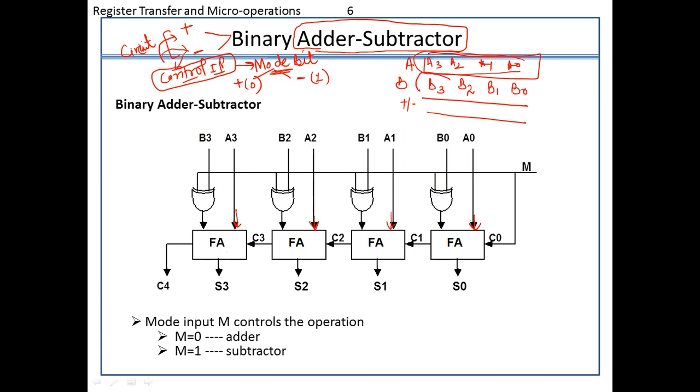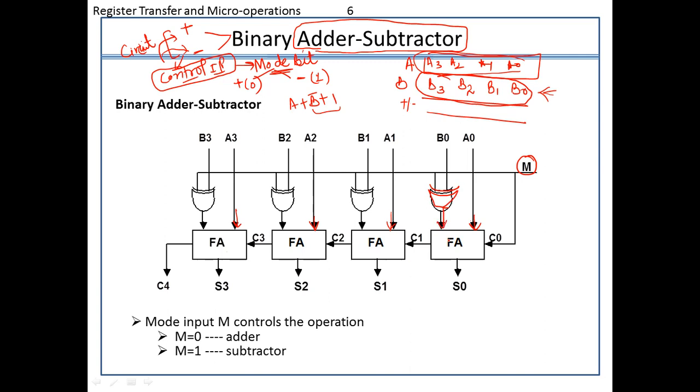But in case of subtraction, I need to look at these values, because we know that in case of subtraction, we use the 2's complement of the second number, right? So for that, I need to implement a logic here. For this logic, what I am doing is, for this input, I am having one input from this mode bit and another from the B0 value, or the B register only. Okay. So I am using an XOR gate here to produce this output.